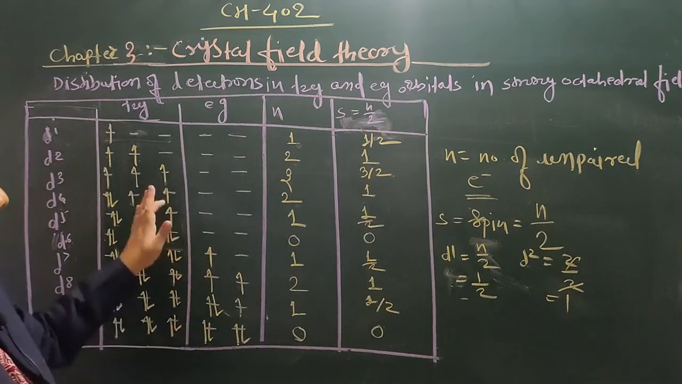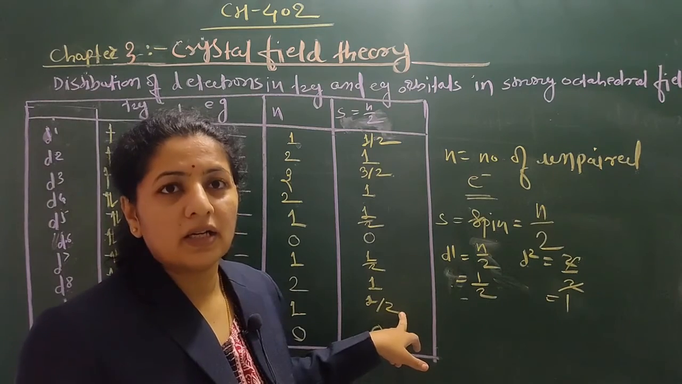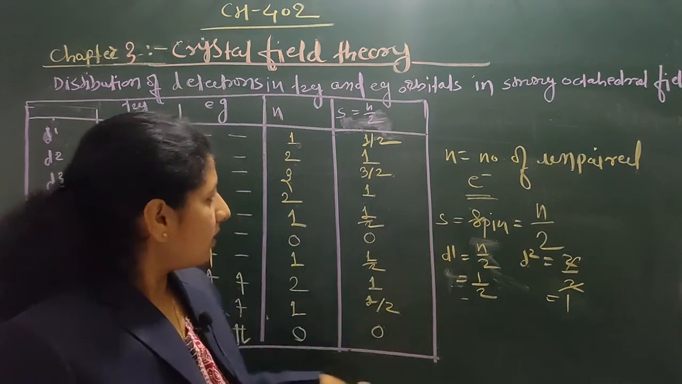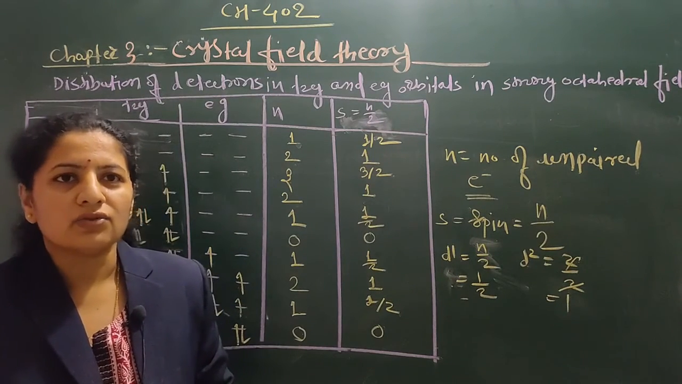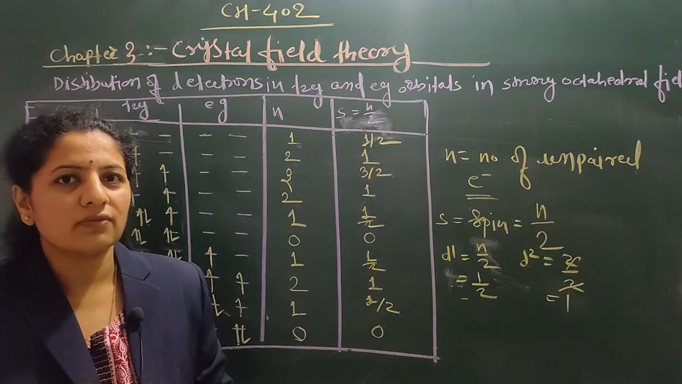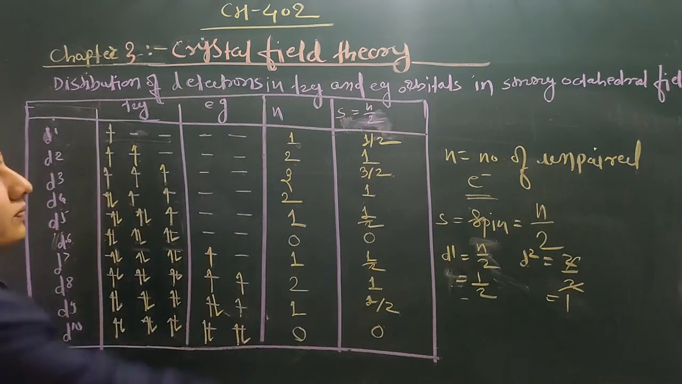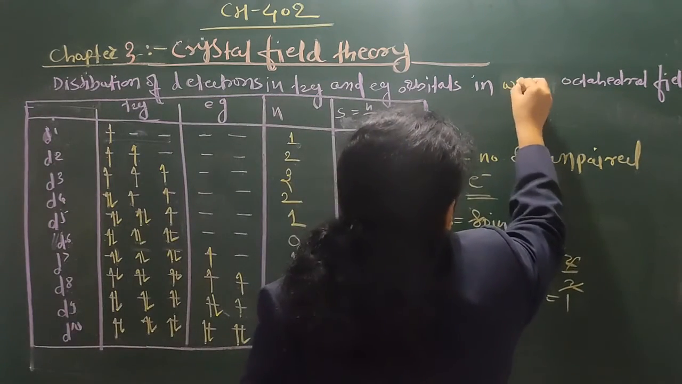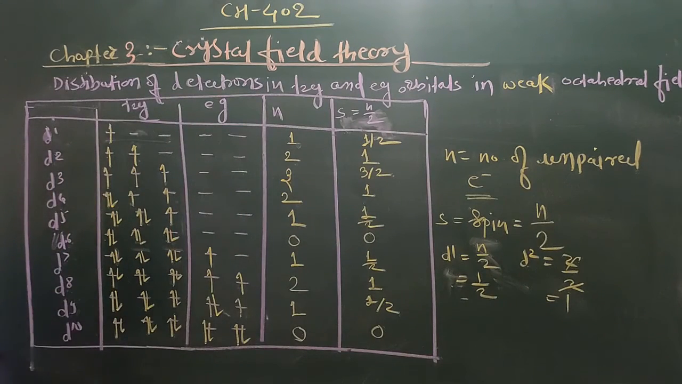This distribution of electrons according to strong field and weak field determines the complexes, that is low spin or high spin. So this is all about the distribution of electrons in the T2g and eg orbitals in a strong octahedral field. Now let's discuss what happens for a weak octahedral field. So for weak octahedral field,